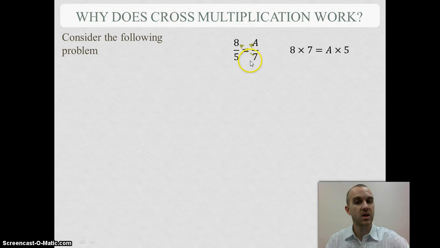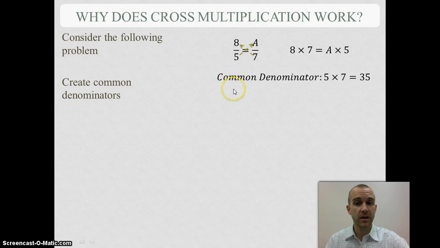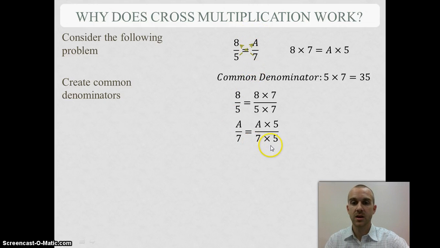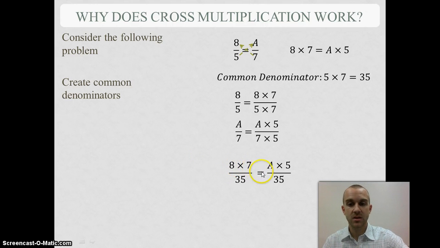But what I could do to understand that is to create common denominators. If I think about having 5 and 7, my common denominator would be 35. Now I'd want to change both of my fractions to have a common denominator of 35. So I'd multiply 8/5 by 7, and then I'd want to multiply a over 7 by 5. Now let's see, when I set that up, that'd be 8 times 7 over 35 equals a